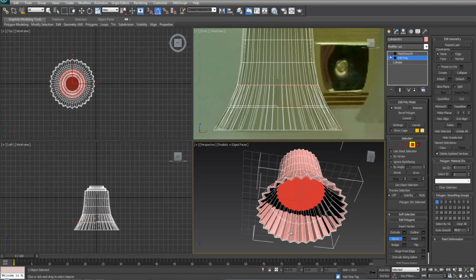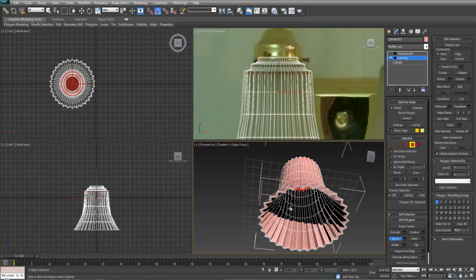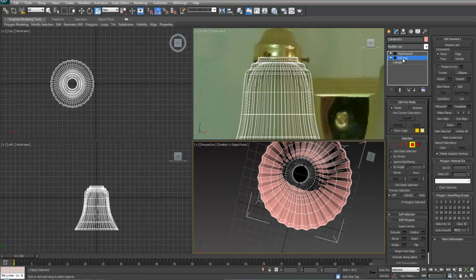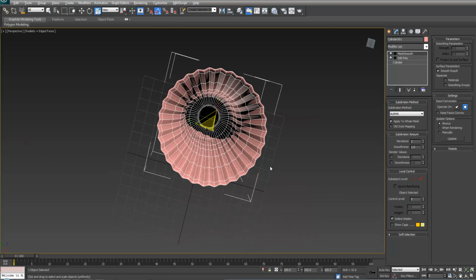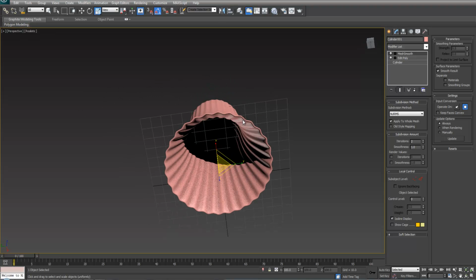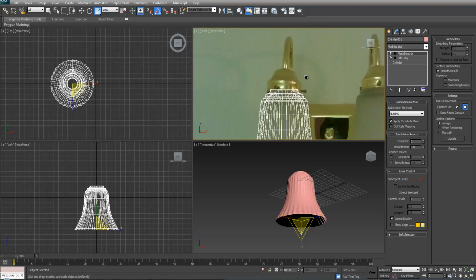So you can try to follow your old lines if you want. Tends to work nicely. Okay, and one more. And let's do one more. Perfect. So turn mesh smooth back on. And now you can see that we have a nice lamp thing. So we can come in here now and let's work on